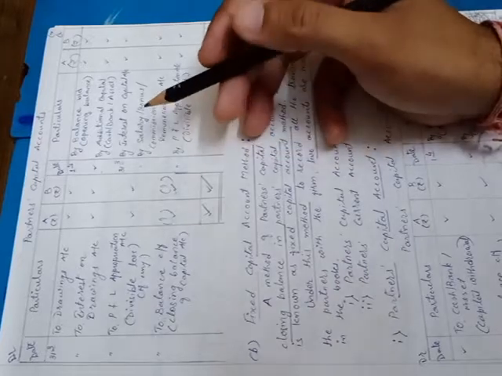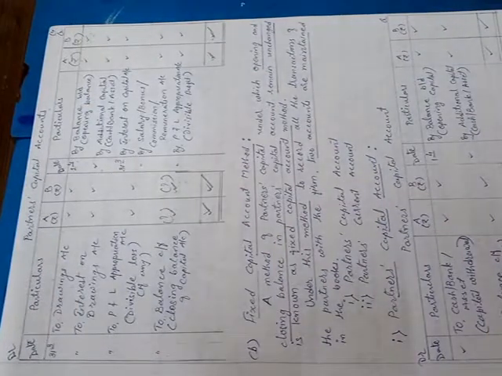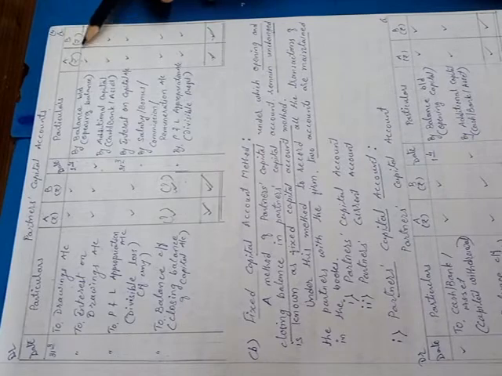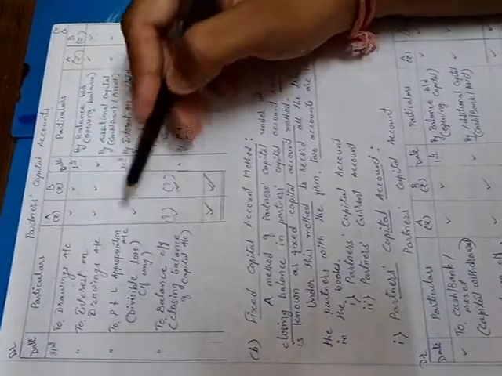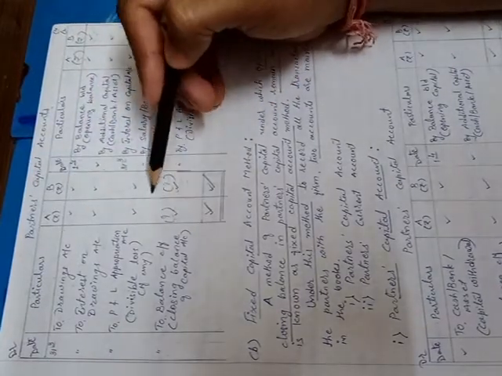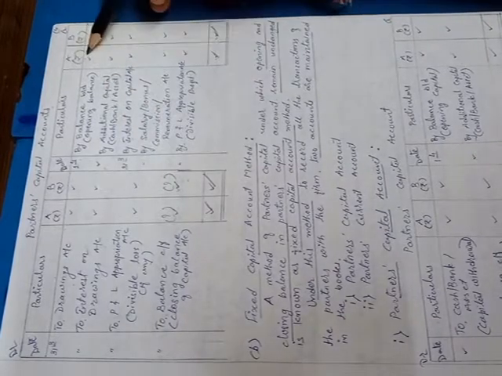So that is why the capital account is prepared, and this is the capital account according to the first method, which is the fluctuating capital account method. You can see that whatever the opening balance we have recorded, afterwards we have added some amounts over here and we have deducted some amounts also, so that the balance we get will not remain the same as the opening balance. So that means it goes on fluctuating. That is why it is called the fluctuating capital account method.